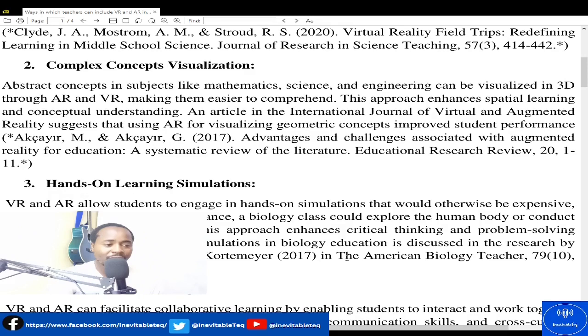And apart from that, they are able to think critically and logically, to have a critical, rational, logical conclusion of something they are studying. So that is what research is saying, that when you engage students in such kind of activities, they are well able to understand and gain much, because